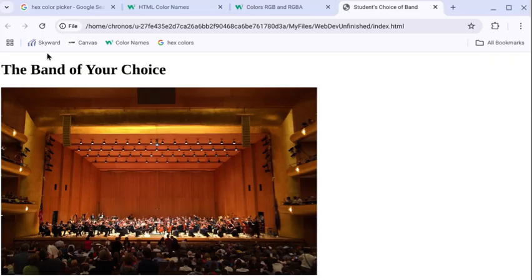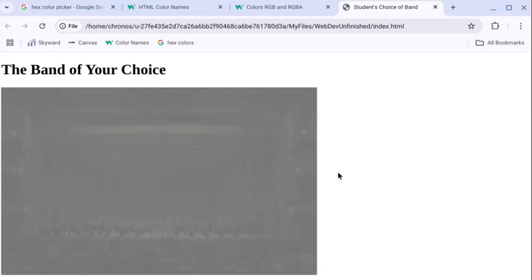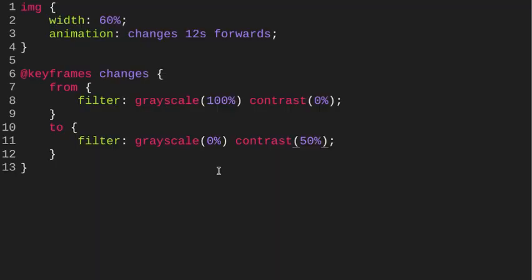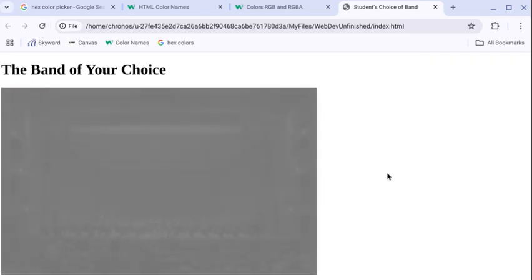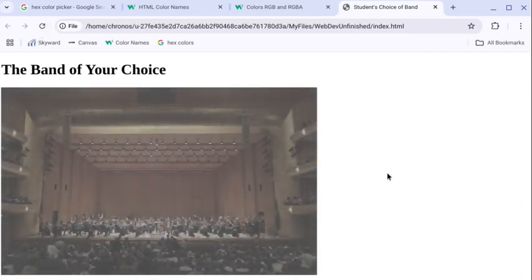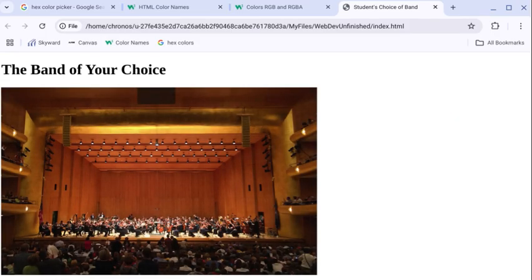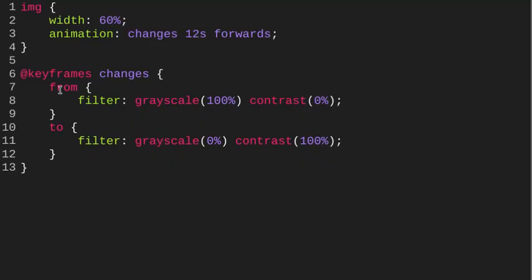So run this, there's our contrast, 0%, all the way up to 50%. It's a little dark. Again, I'll just go for the original. I'll go for 100% on this. There we go. That looks pretty good. Now, if that's a little bit too long for you, that's okay. I believe on the assignment you should be able to get credit for this. And of course, if you want to add more